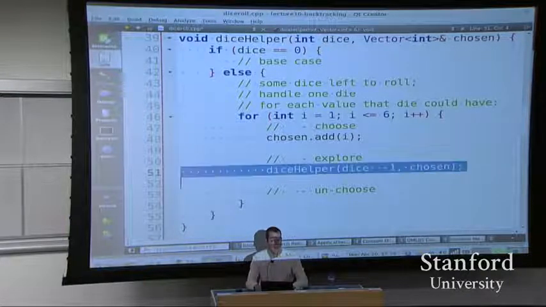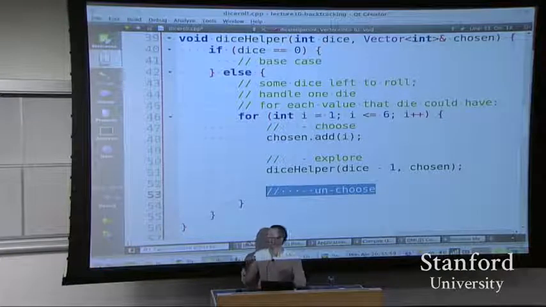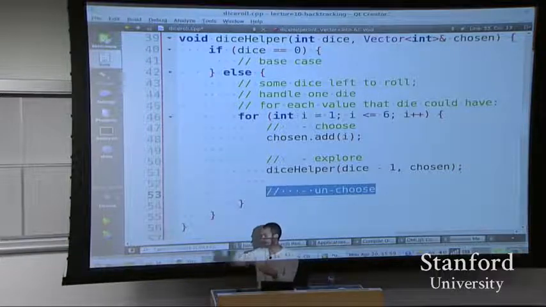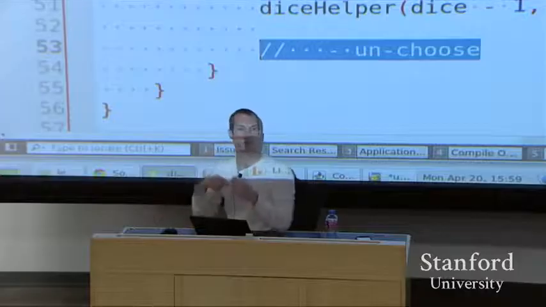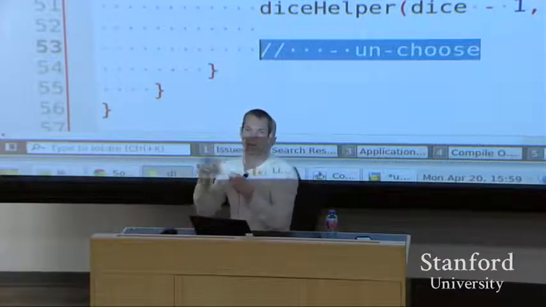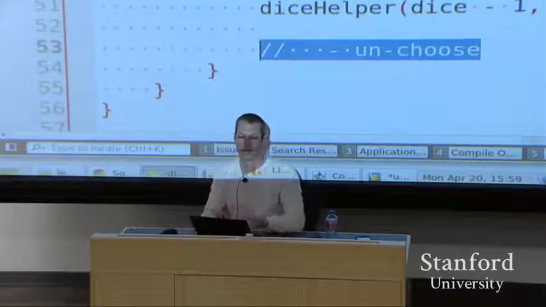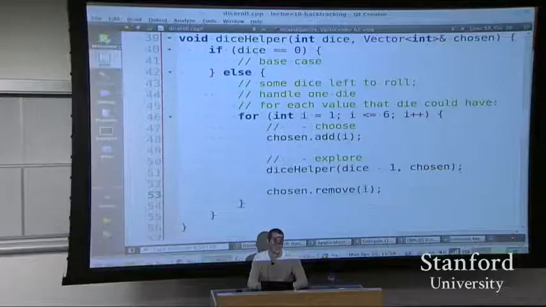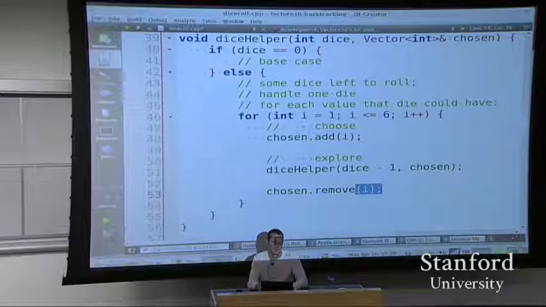But when we get back, like if I picked to put a 1 in there, I explored all the things that could follow that 1, and now we've returned from all that journey. I want to pluck that 1 out of there and put a 2 in its place, you understand? And then explore again, and then come back and then put a 3 in and explore again. Come back and put a 4 in and explore again. And so I basically want to say chosen.remove i, but that's not quite right because remove in a vector doesn't